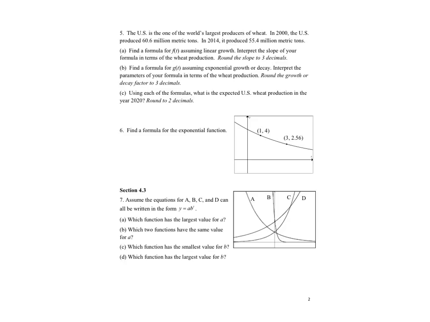So for the first one, I want to find a formula for f of t assuming linear growth. To determine a function here, I want to find the slope. And so the slope is going to be the change in production over the change in time. And I know that because time is my independent variable here, because that's inside my f of t there. So if I do change in production over change in time,